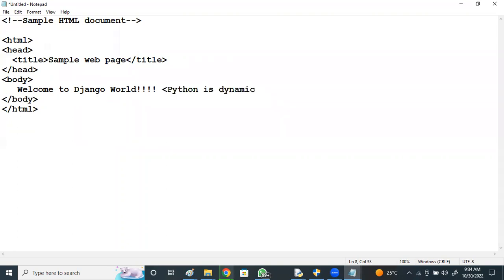If you want everything in bold, use the bold tag and /b. Only Python I want in underlined format, so use u and /u. Close the /u here, because if you don't close this u, everything appears in underlined format. I want only Python underlined.